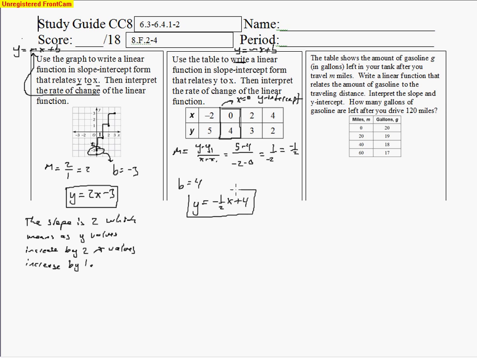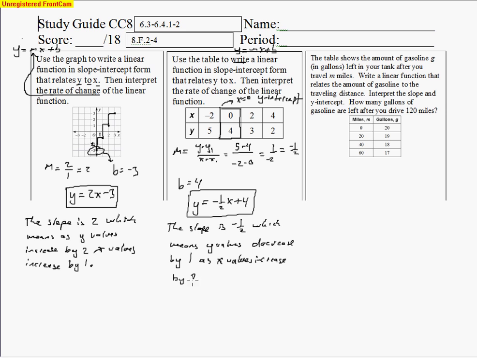And so then I have to interpret the slope. So we'll just say the slope, again, is that rate of change. The slope is negative 1 to 2, which means y values increase, actually we'll say decrease. Could say increase if we said that the x values decrease, but I'm going to go with y values decrease by 1 as x values increase